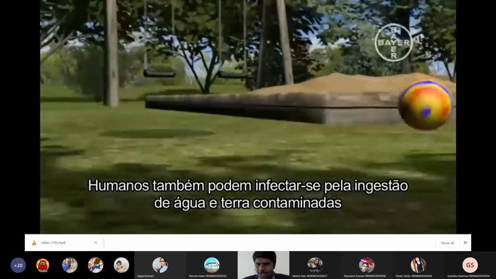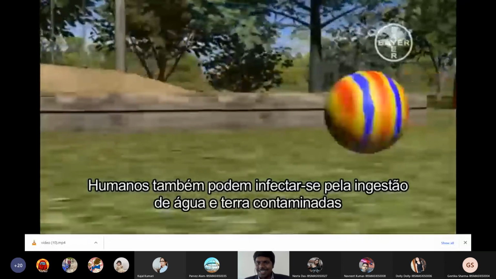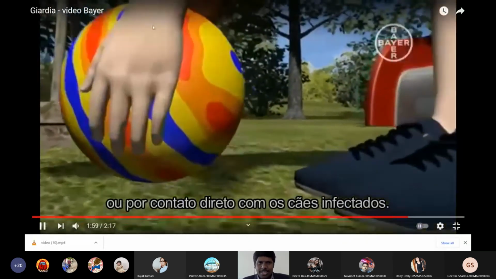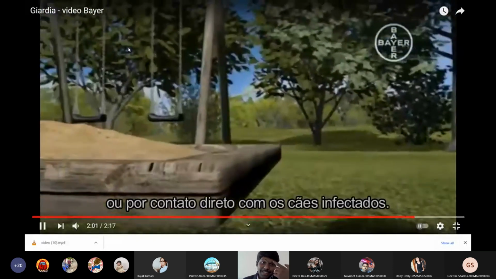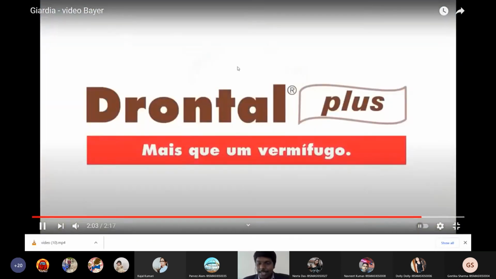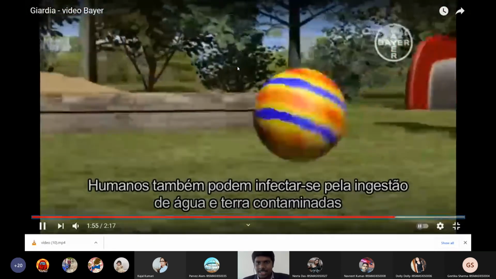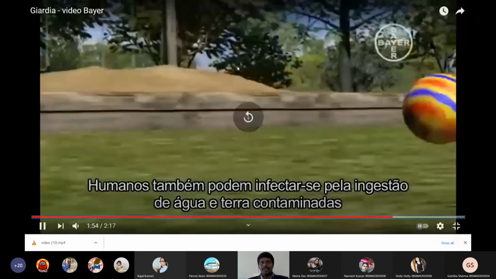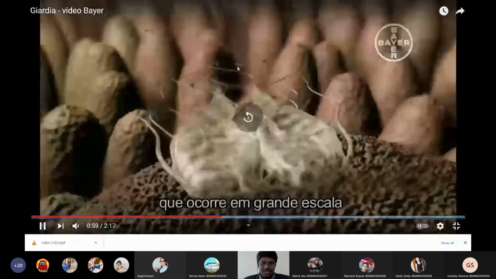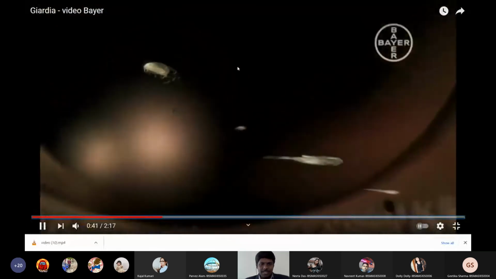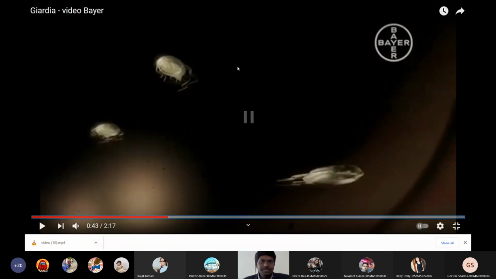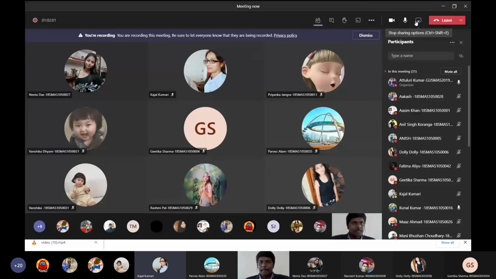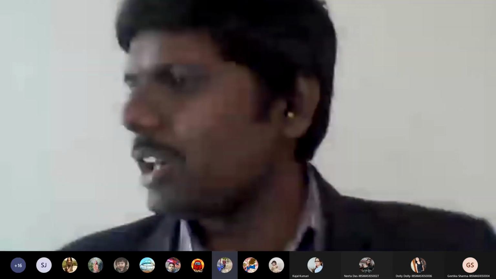So if you see this parasitology, hereafter you won't touch anything. Now a happy little person is playing with a ball, and he doesn't know that there are cysts on that ball. And during that, someone will buy him a chocolate or ice cream. He will touch the ice cream, and the cyst will enter his body, and he will get the Giardia infection. So this is how the parasitic infection will go. So is this clear? Is Giardia lamblia clear for everyone? Yes, sir. Okay.